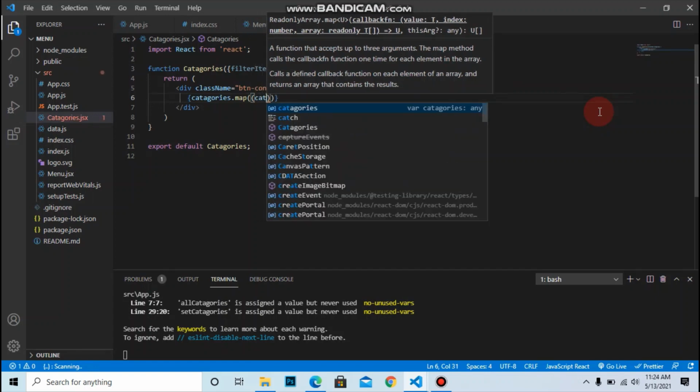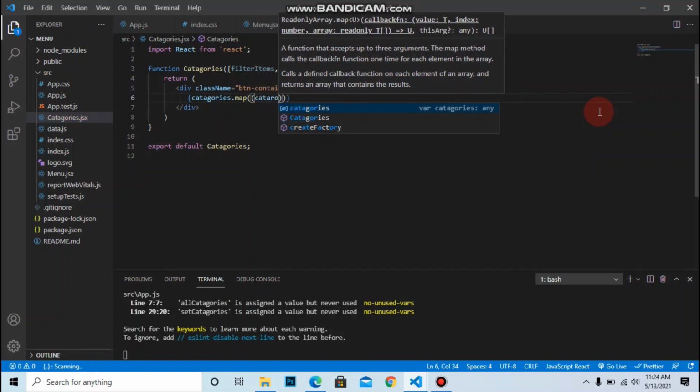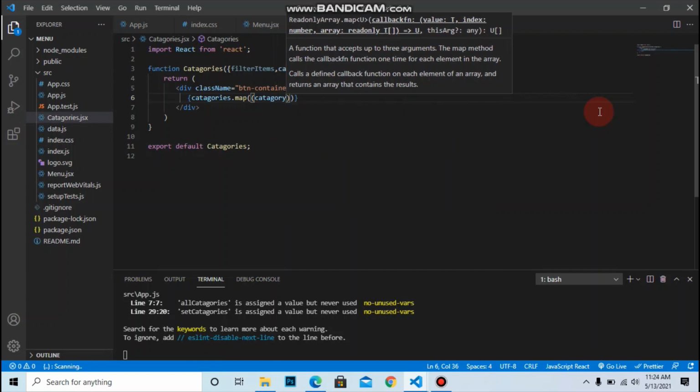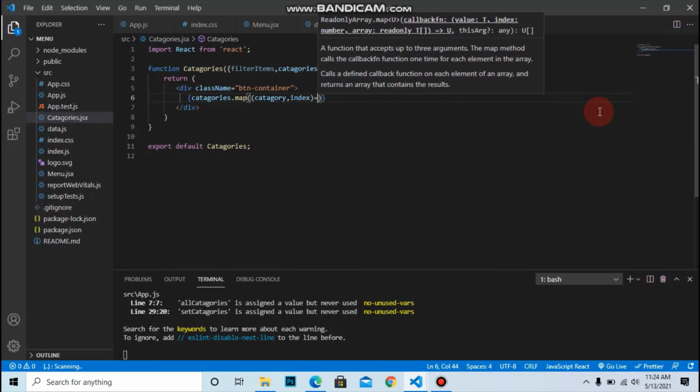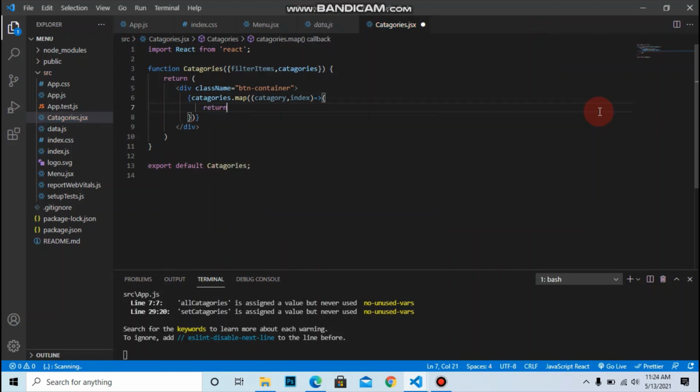Inside that, accept the category and index value for the key, and inside this we return the button.